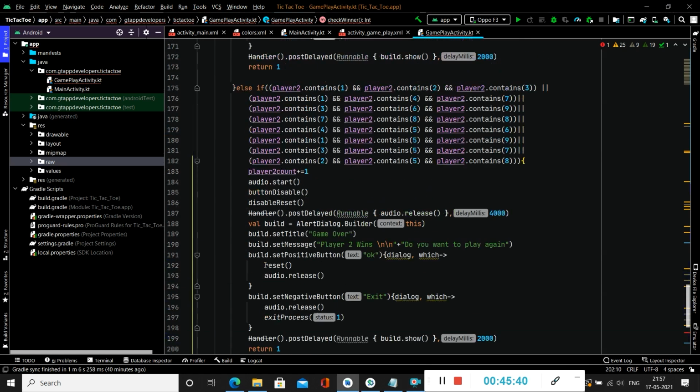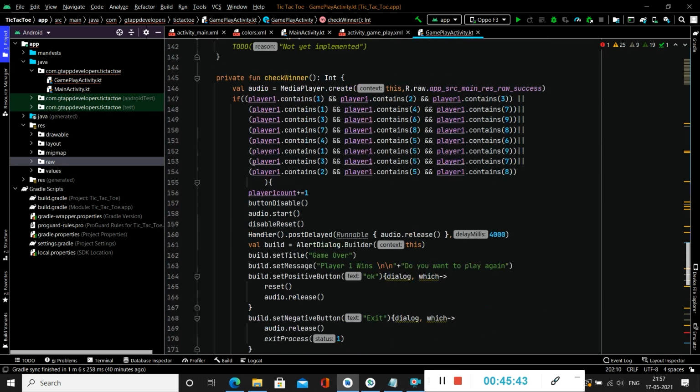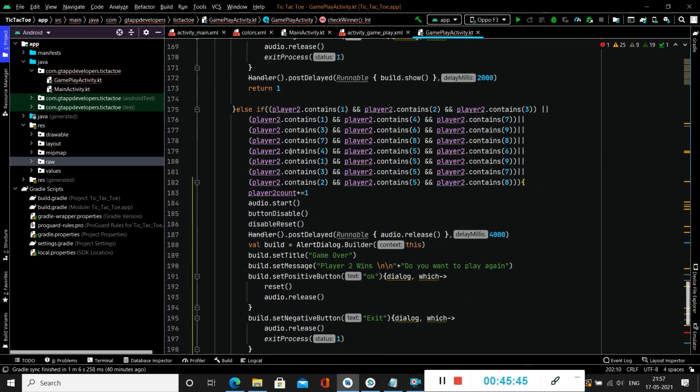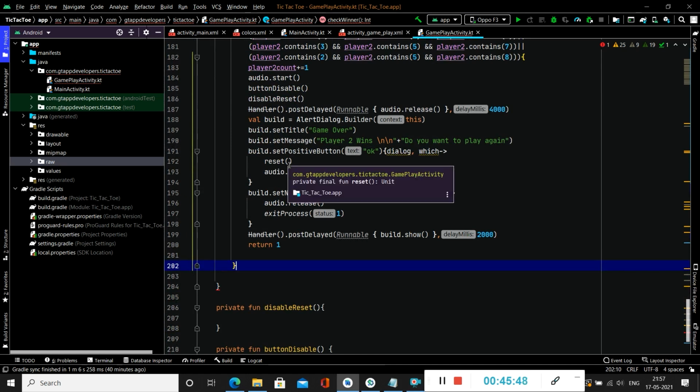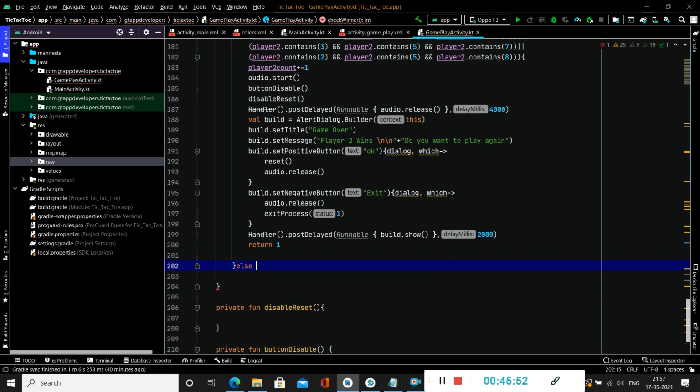Now of these two conditions, the first if condition will handle player 1, and the next one will be for when player 2 wins. Now we have to check whether the game is a draw. So for that we will again add an else if, and in else if we will check for empty cells.